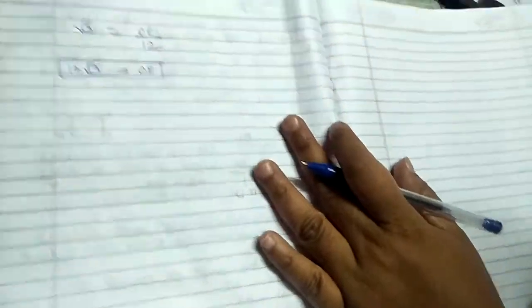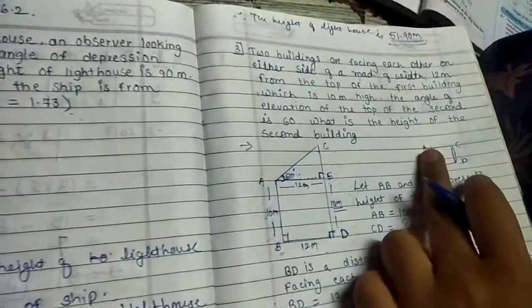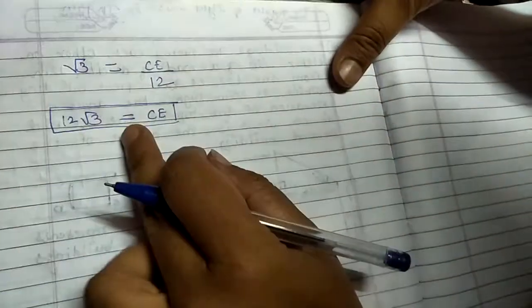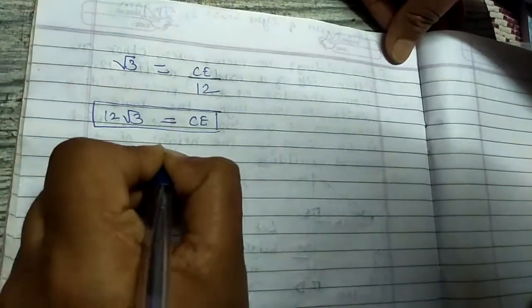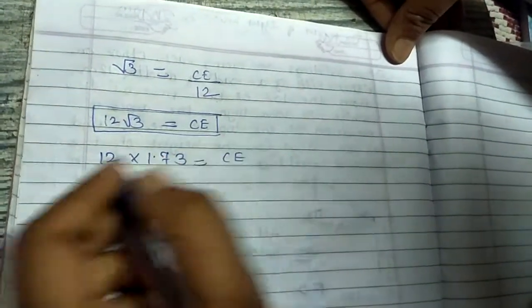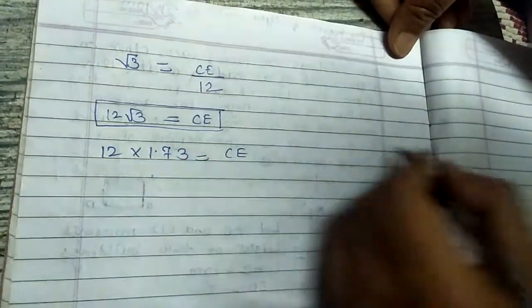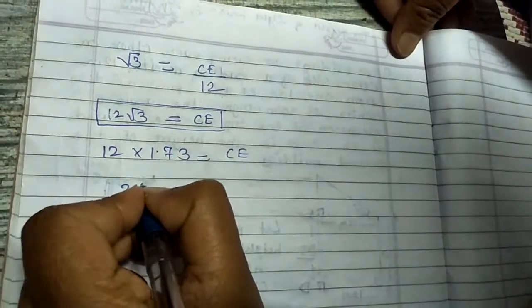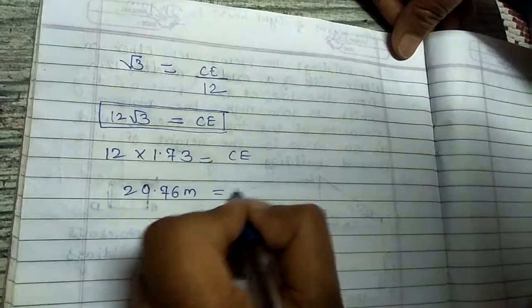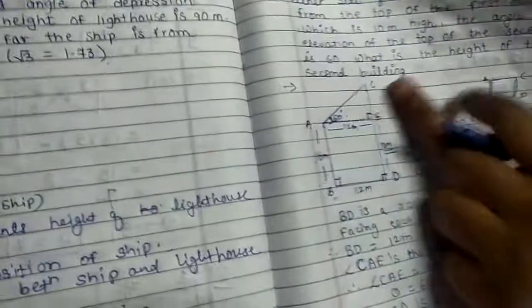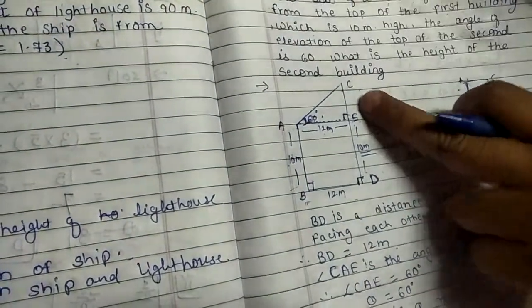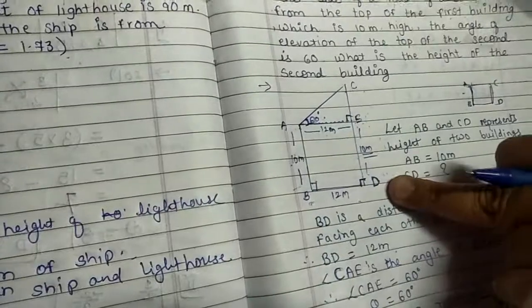But now here in the sum, see here, this under root value is not given, but if you remember, you can write it down. So directly you continue that one also here. So here C, we are going to write down, 12 into 1.73 is equals to C. So 12 into 1.73 is nothing but, if you do the multiplication, you will get the answer 20.76 meter. So the length C is nothing but the remaining height of the second building. But we do not have to find out the remaining height. We have to find out the full height of the second building.